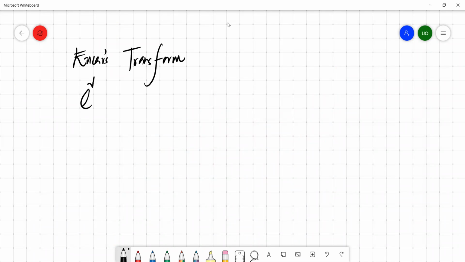If you have this kind of a complex exponential, you can convert it into this form: cos theta plus j sine theta. So this is the real part of the complex number, and this is the imaginary part. And this is the angle of the complex number,